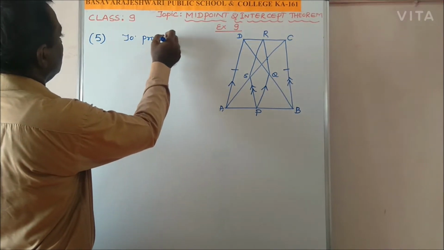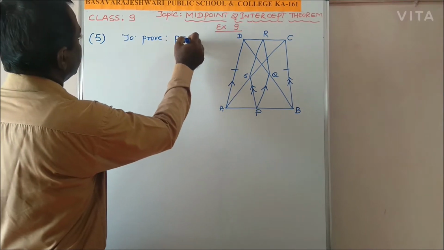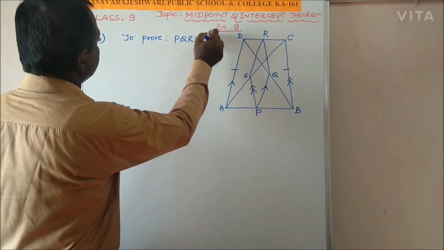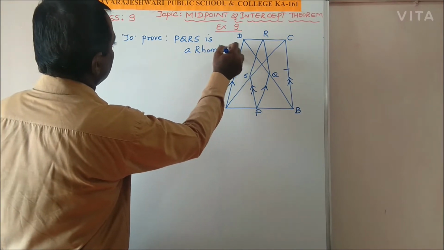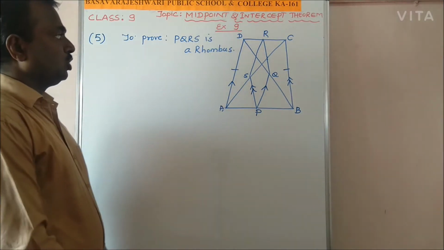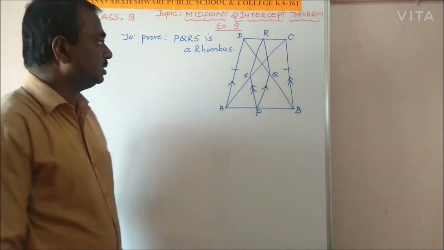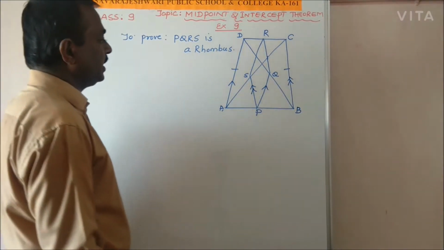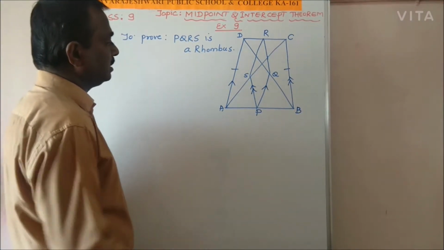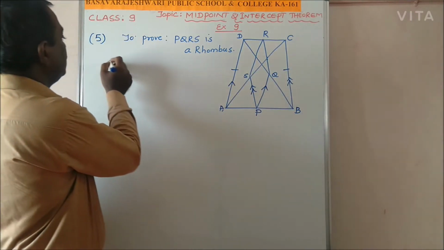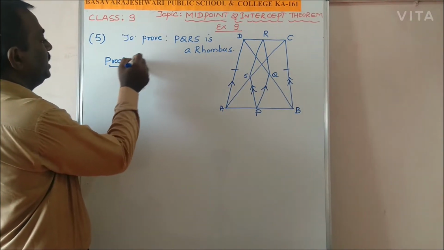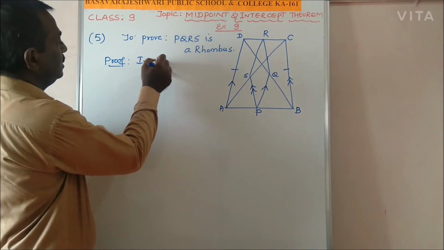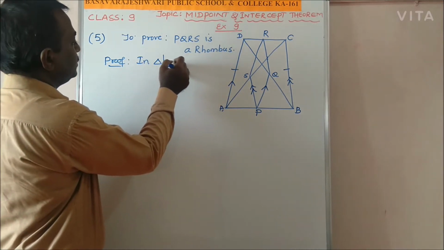Prove PQRS is a rhombus. Now I will take the first triangle ABC. Proof. In triangle ABC,